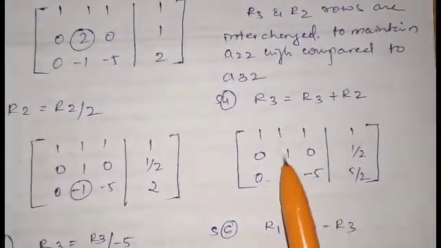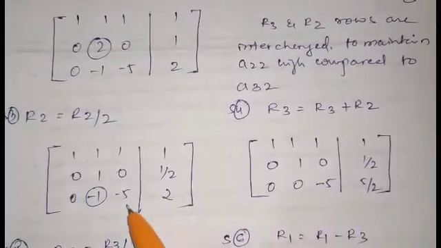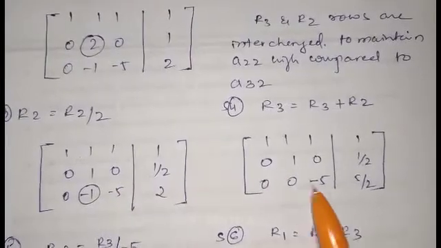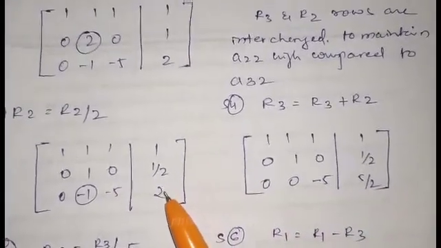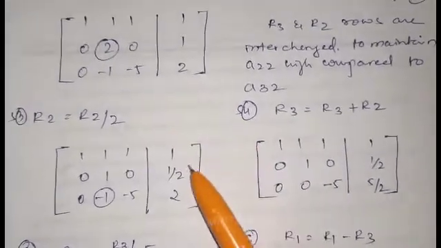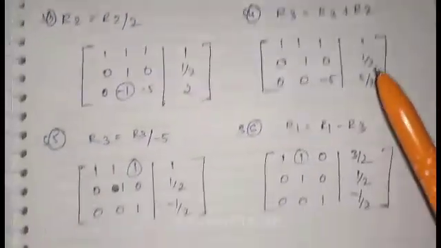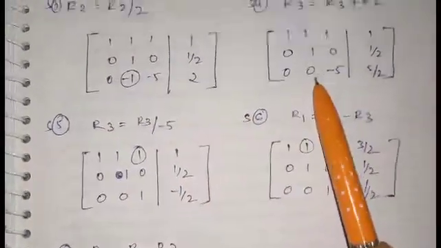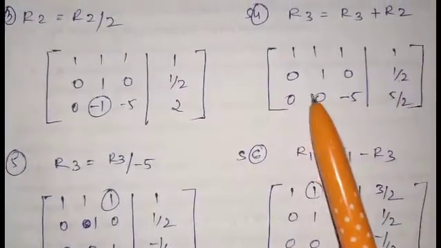So 1 minus 1 plus 1, that is equal to 0. So minus 5 plus 0 is equal to minus 5. So again for this element we should apply the same formula. So 2 with respect to 1 by 2, so that becomes 5 by 2. So the next thing is all these three elements which are below the diagonal are 0 now.